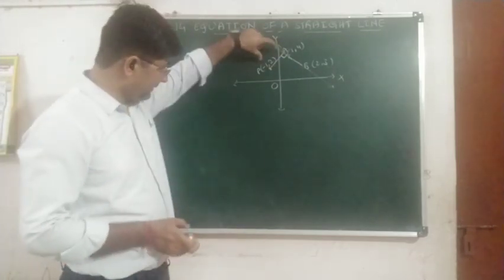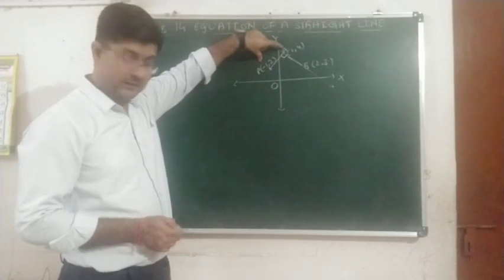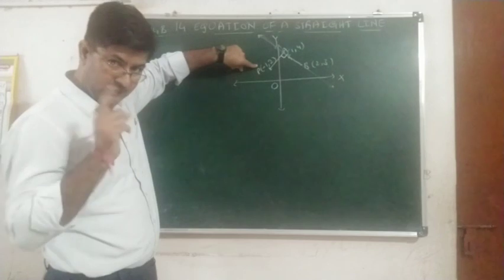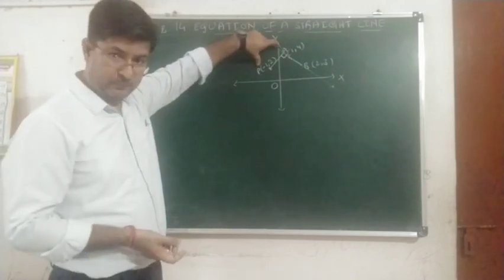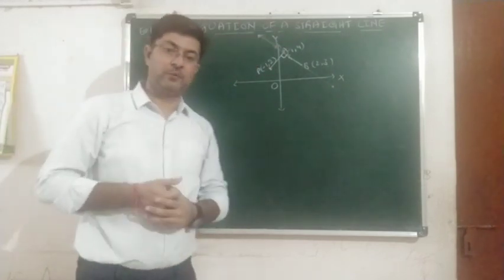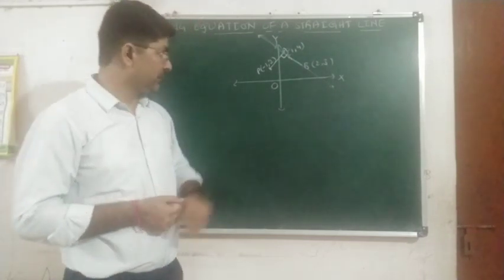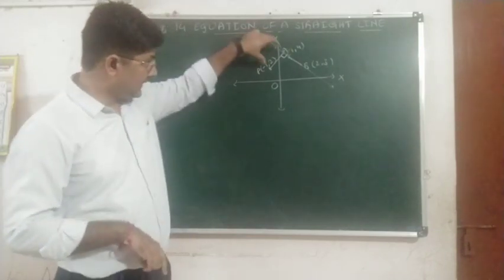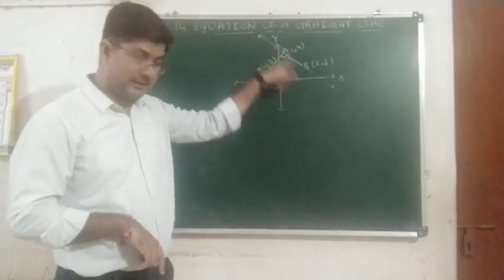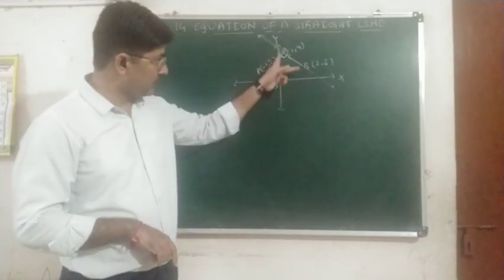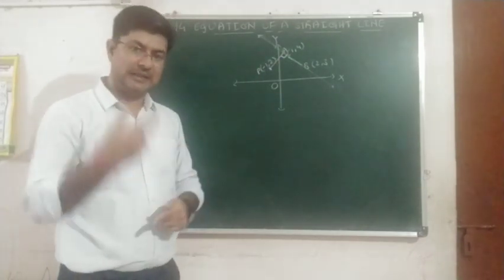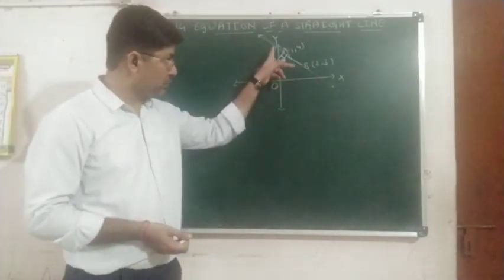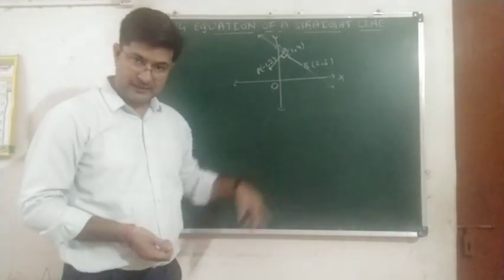If you want to find the equation of the perpendicular line PA, we have one point P, yes or no? So you are given a point. Now if you can find the slope of PA, then we can use the point slope formula to frame the equation. Now how to find the slope of PA? The hint is given in the question that PA is perpendicular to the line containing AB. So if you can calculate the slope of AB, then its negative reciprocal will be the slope of PA. Clear?